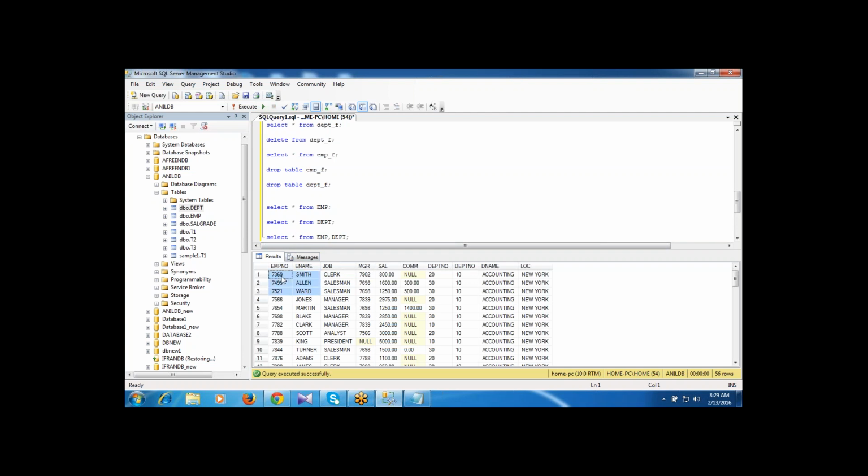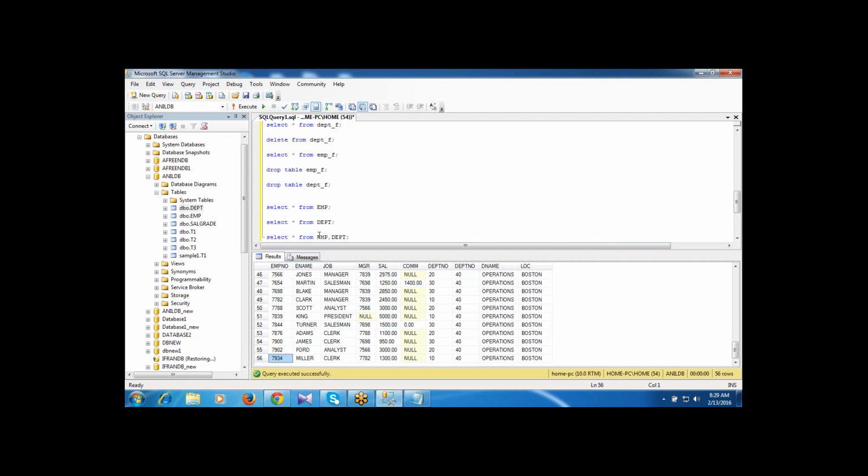Like here, DEPT table department number is joined to all rows of the EMP table. Again, it starts with 7369. Department number 20 is joined to again 14 rows. Department number 30 again joined to 14 rows. Hence, again department number 40. Finally, we are getting 56 rows.